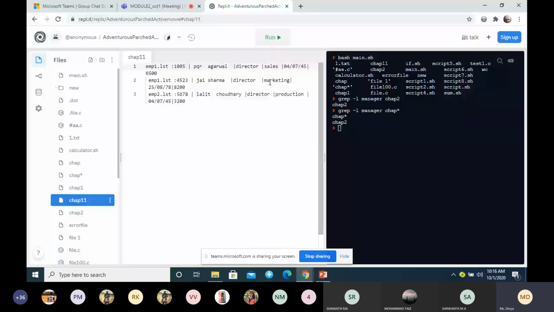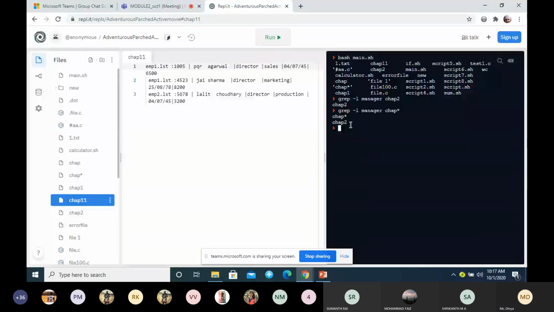Only in 2 files I have the pattern manager, that is CHAP star and CHAP2. Is it clear? Yes, ma'am.